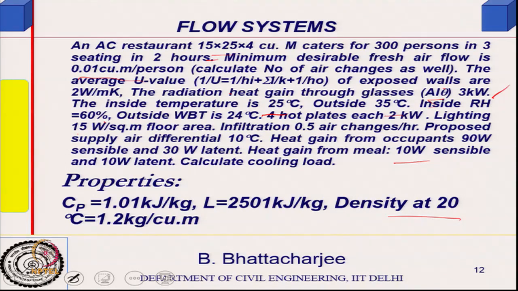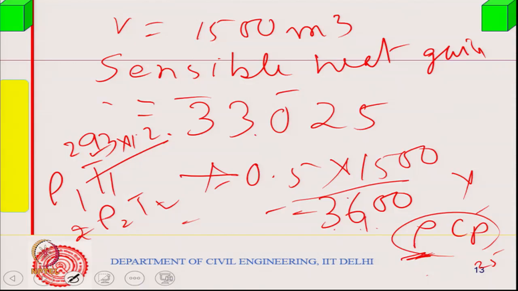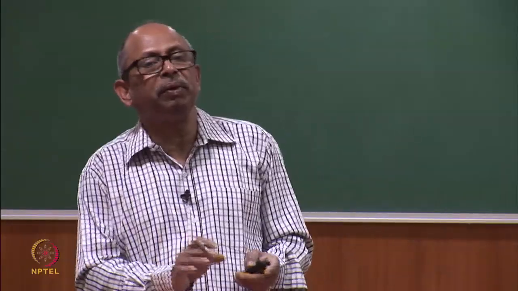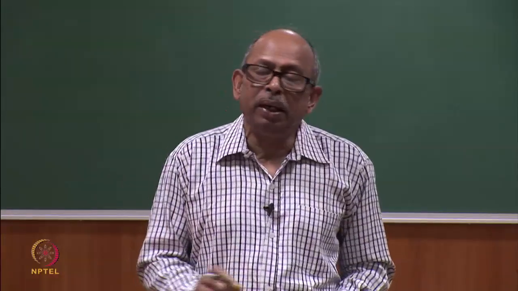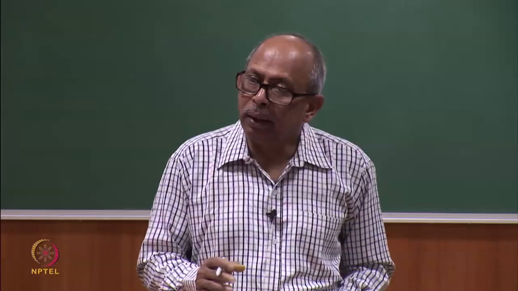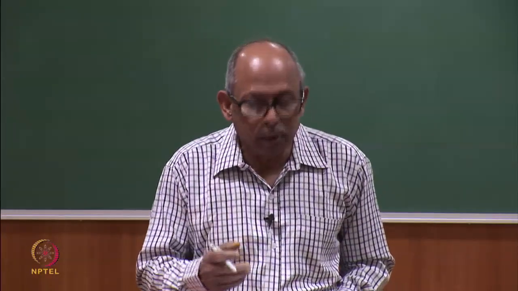1.01 kilojoules, which means 1010 joules per kg. So that has to be multiplied. If you multiply that, you will get the amount of sensible heat gain. It enters at 28 and goes out at 21, so there is a density difference, specific heat we are keeping constant, and you can find out the sensible heat gain,